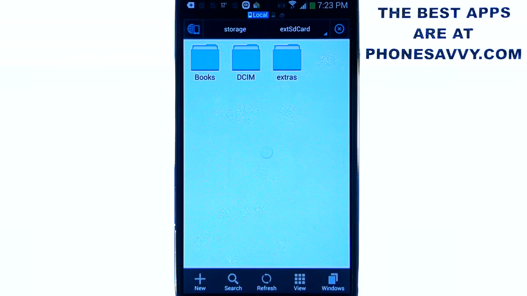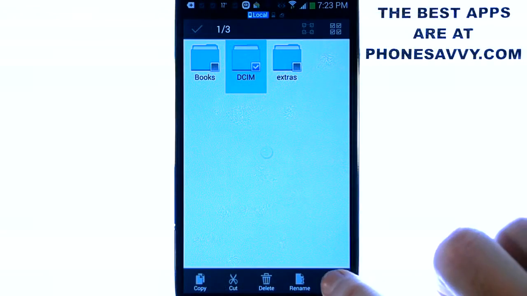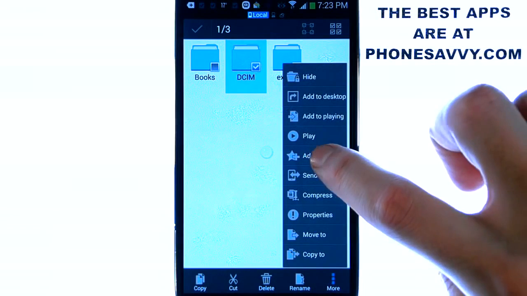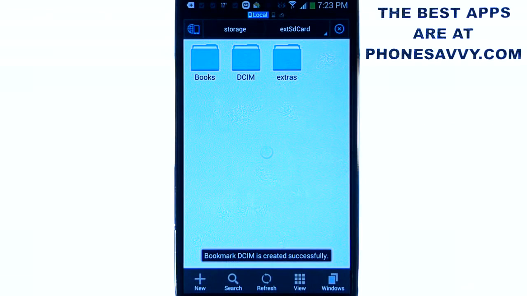Now I'm going to show you how to move them to favorites. If you press and hold one of these, just hit the More option down at the bottom right corner, and it has an option to add to favorites. And then hit OK. It will still keep that folder here, but it does place a copy in your favorites